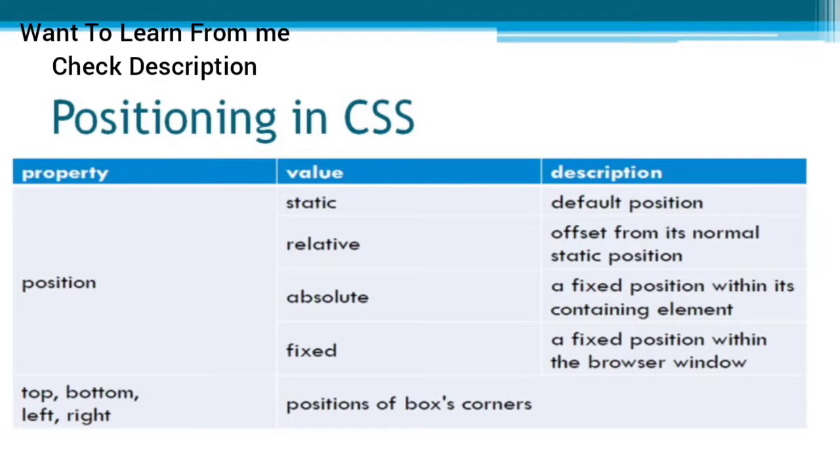Now let us study, if we define the value of the property position as static, then what does it actually mean? So basically whenever we are not giving the position, then the elements will be positioned in the HTML page as per the normal document flow. So static is that default position which follows the normal document flow. So even if we don't specify anything, then it means the value is static. The second is the relative.